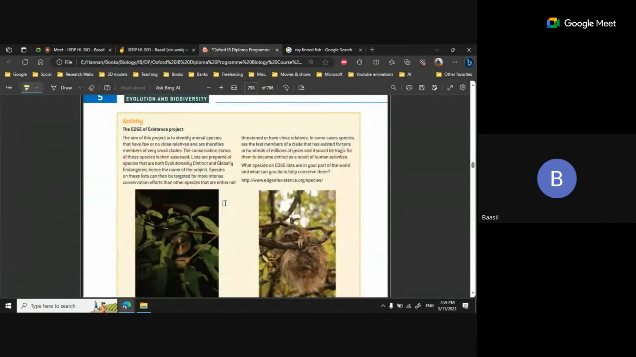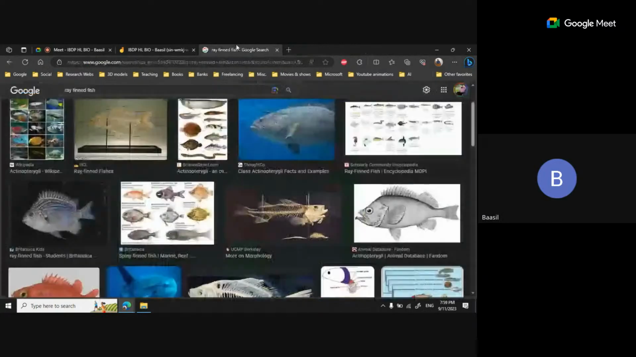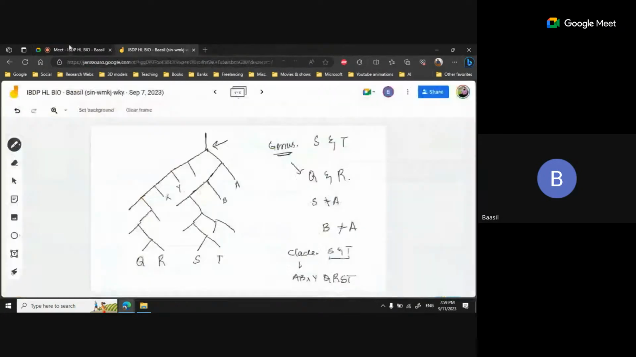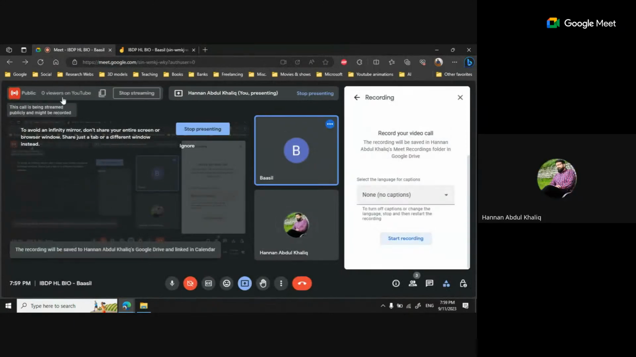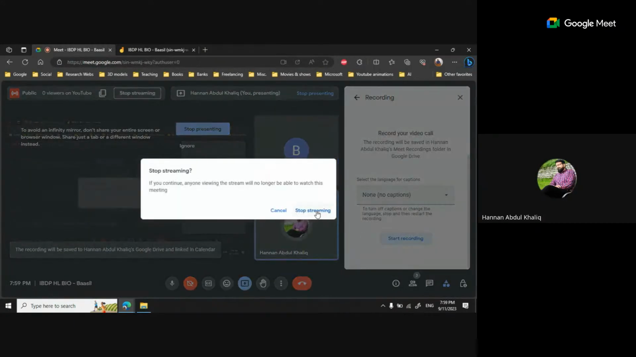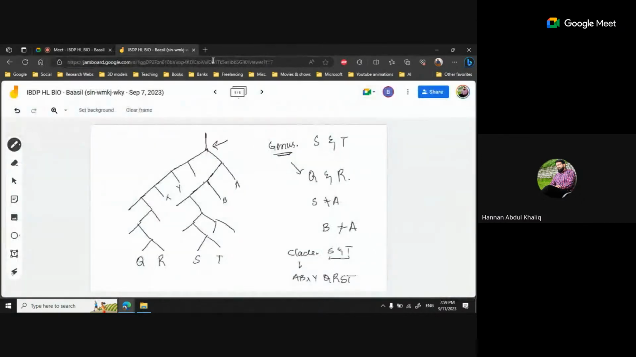Got it? Yes, sir. We can use a clade to just differentiate two species, or we could differentiate a lot of species. Yeah. So that is how the things are, and